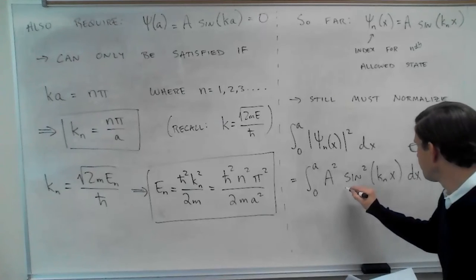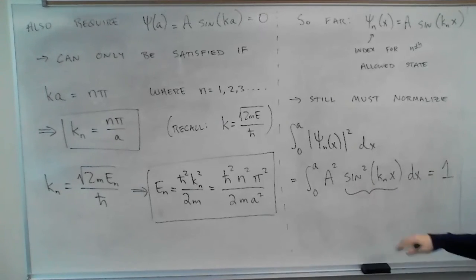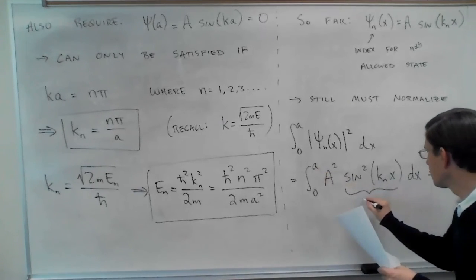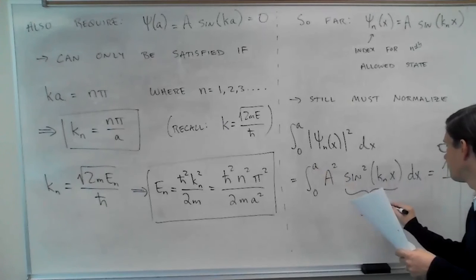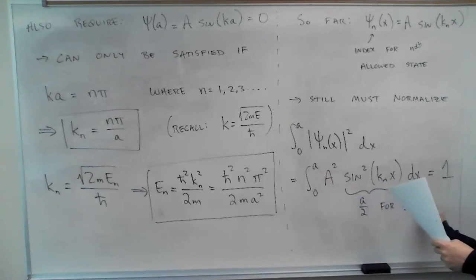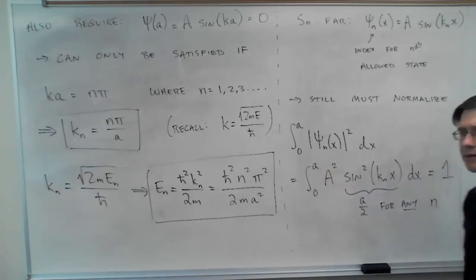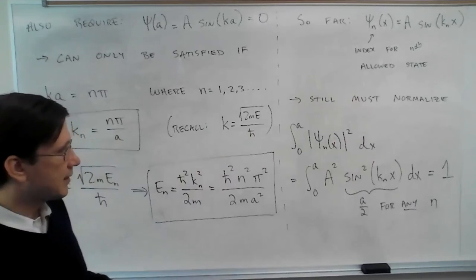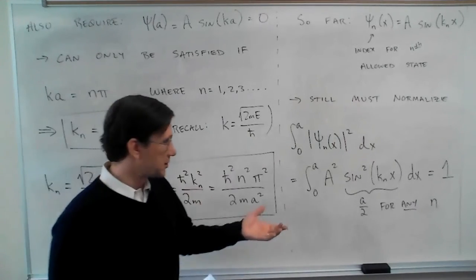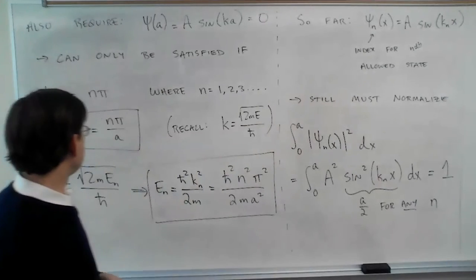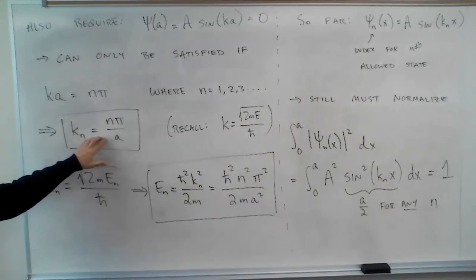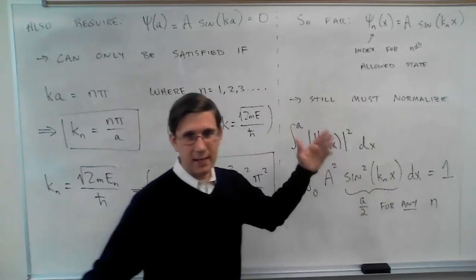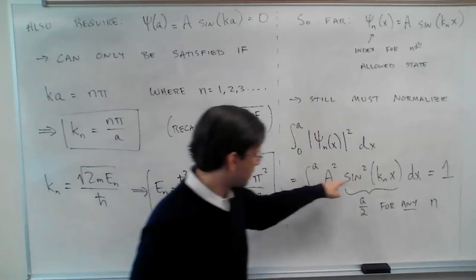Right, the neat trick here is that the integral from 0 to a of sine squared of k n x is equal to little a over 2 for any value of n. Okay, it's actually a neat mathematical identity. If you don't believe it, you could always substitute in all of the different values of integer n. You can try all of these different values of k. You can do this integral by hand, by Mathematica, by whatever, and you'll find that this integral is always little